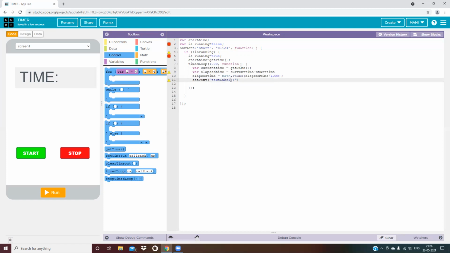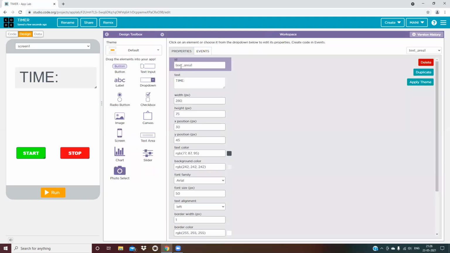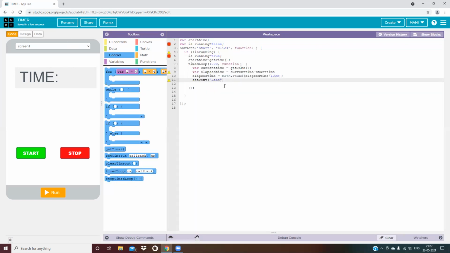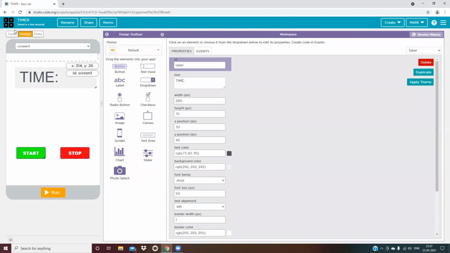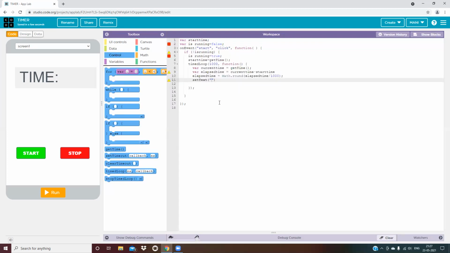Wait, it is showing text area, so I will change it to label. I will go to code, and over here also I have written label, and over here also I will write label.